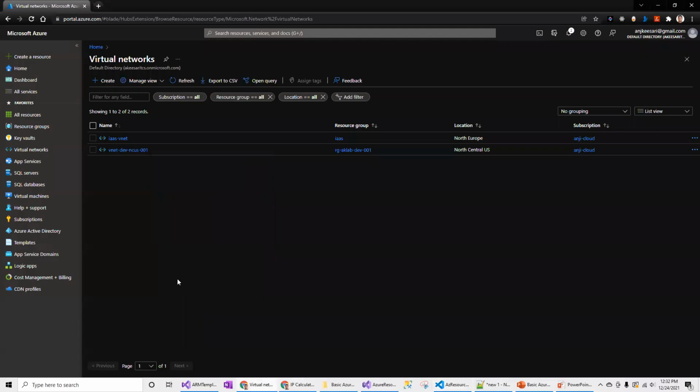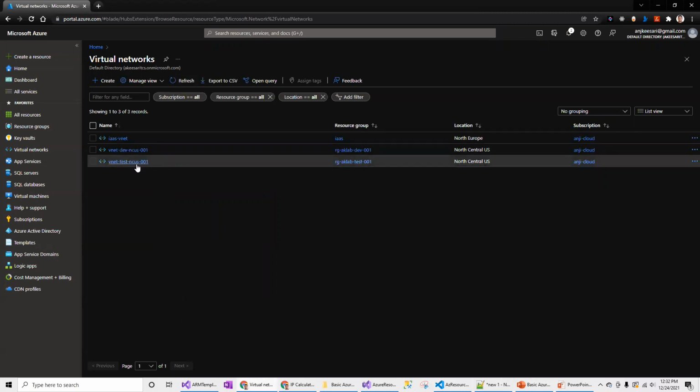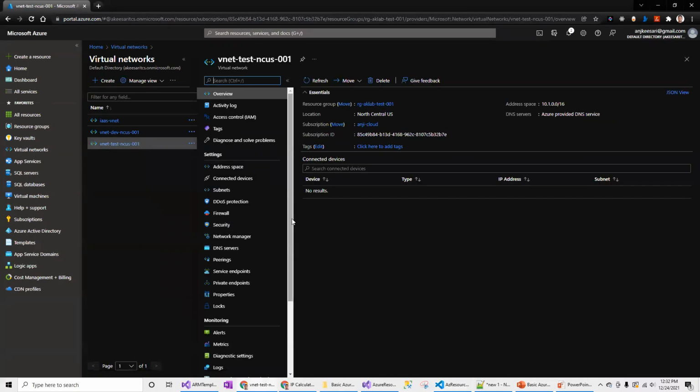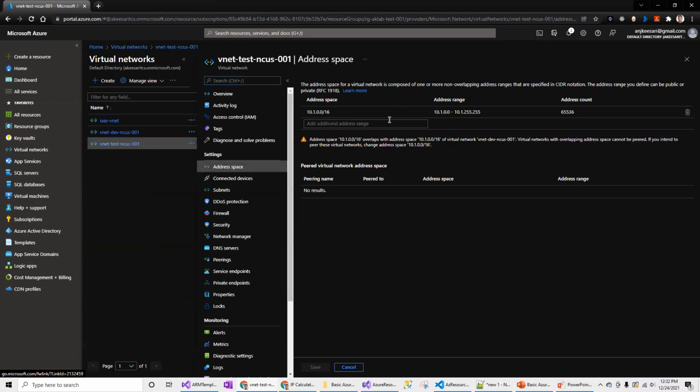So let's go into the Azure portal and refresh the virtual network to see the latest one is coming. You see, you have to click on multiple times to see the latest one coming up. This is the new virtual network created using Visual Studio Code. This is the address space, and these are the details if you want to check the address space. Now you see the warning here.